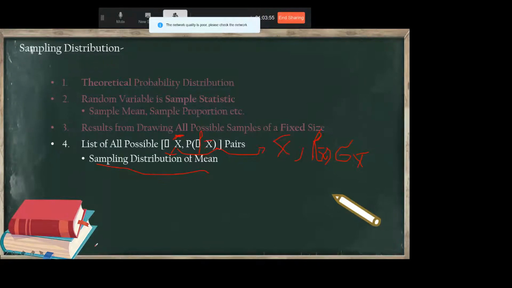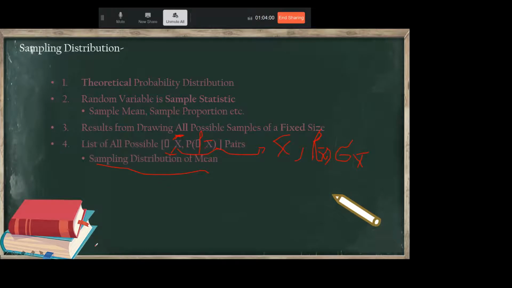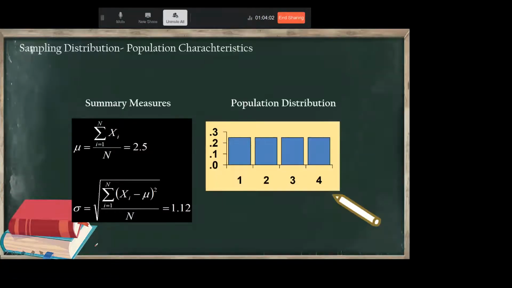Let's take a simple example. Now we have a uniform probability distribution, right? And this is a probability distribution. From here, we're going to extract the sampling distribution. So the probability distribution is uniform. What does that mean? You know what uniform means. Uniform means that whatever the value of a random variable,